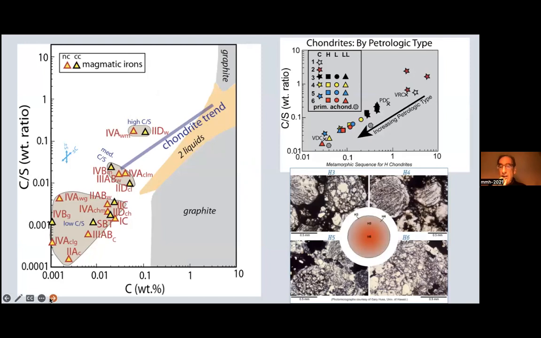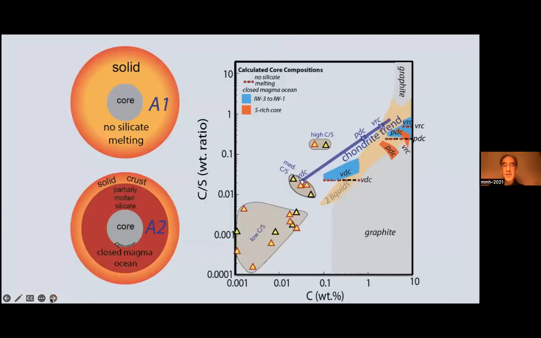The chondrites themselves show quite a variation, but it's very well constrained along a particular line. And that variation has to do with thermal maturation and metamorphism of chondrites, which degas. And when they degas, they don't lose a lot of sulfur. They're nearly unchanged in sulfur. They may change a little bit, but they lose huge amounts of their carbon. But as they do, they stay along this trend, and the most processed ones are down over here. They don't reach down into where the iron parent bodies, the cores, are.